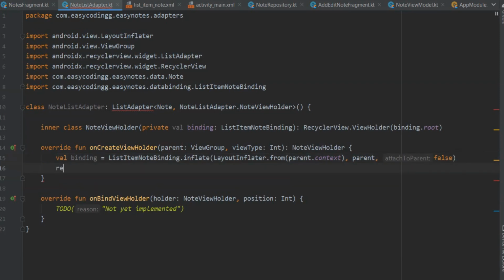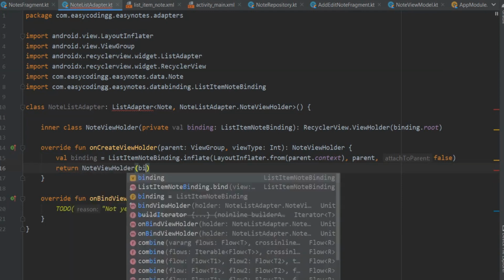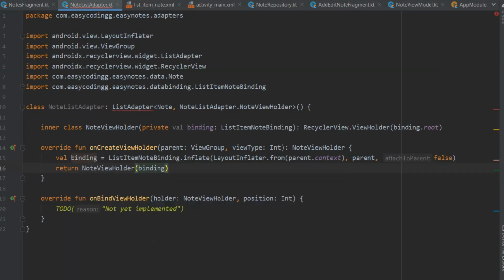Then we will return this NoteViewHolder, return NoteViewHolder, and pass our binding variable to it.